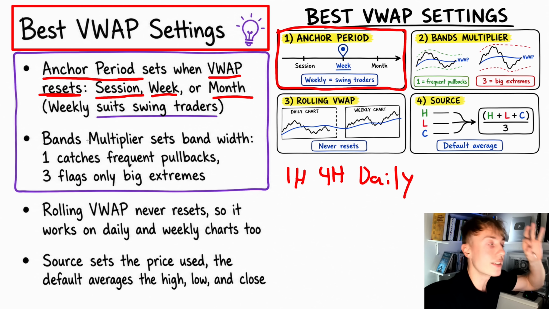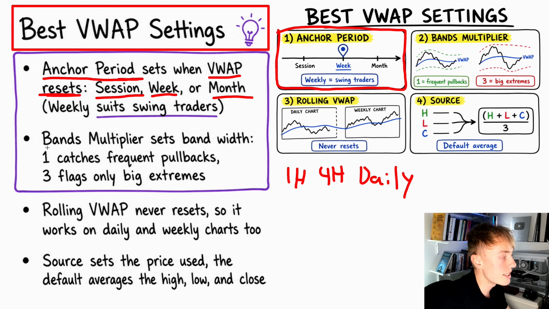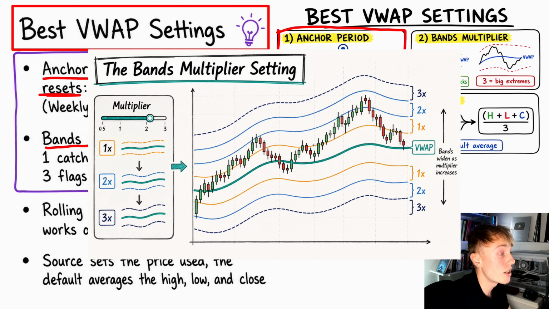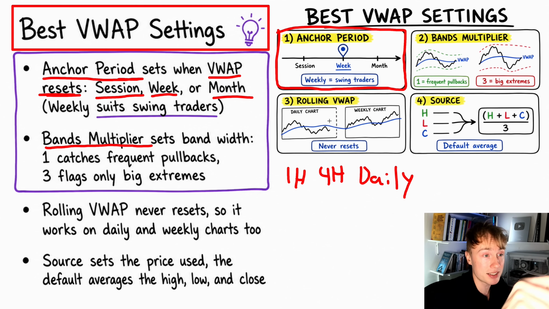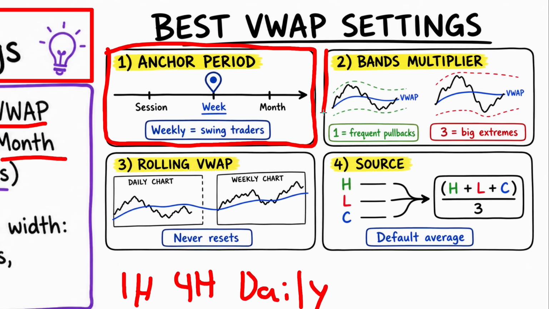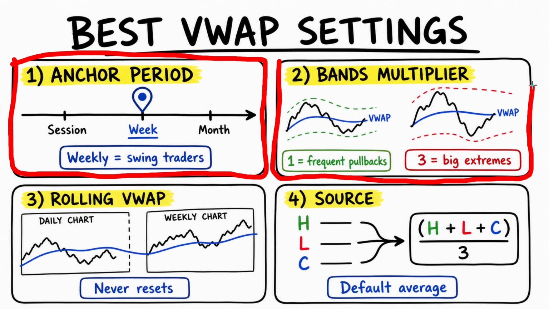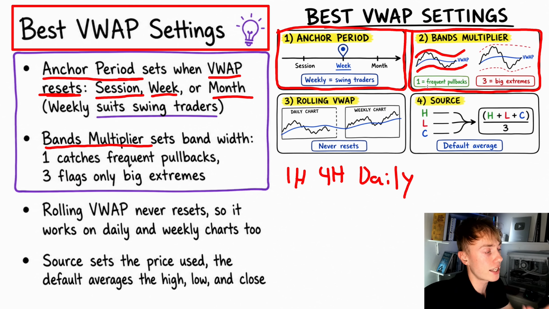The other setting that every single VWAP user needs to know about is the bands multiplier. As you guys probably know by now, the VWAP is a single line, but it has bands around the VWAP. For example, right here on this image, the blue line is the main VWAP, and then we have bands above and below the VWAP. Being able to change the settings to the correct amount of bands can be super important